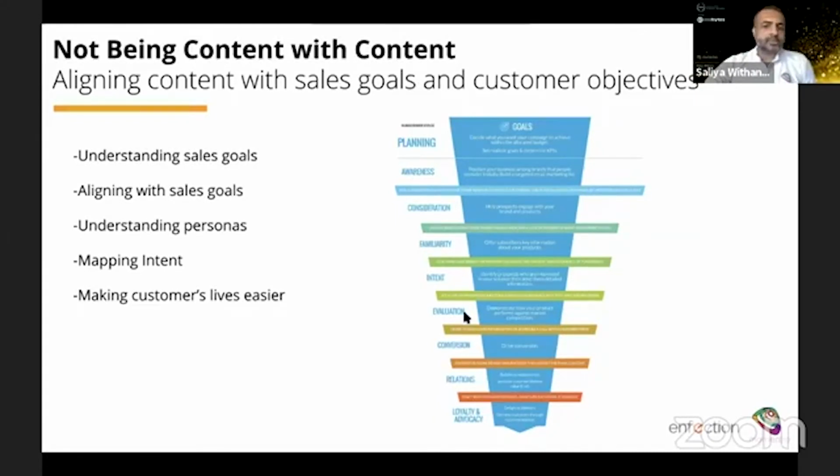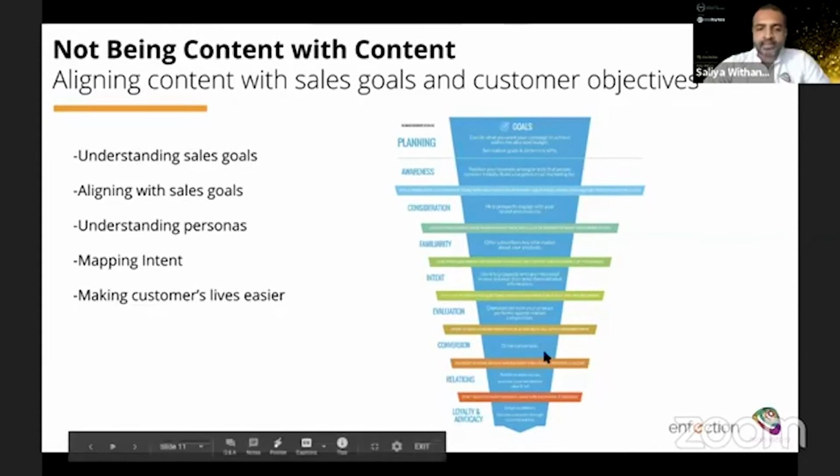Then certain people, especially in B2B nowadays, the evaluation part happens as a team or as a committee. If you're selling an enterprise software, one person won't have the authority to buy it. It'll be an evaluation committee. So do you have the right white papers, the webinars, the podcasts that these people are looking for? Do you have that content? And then at the bottom, in order to get people to convert, do you have the right tools to push them?